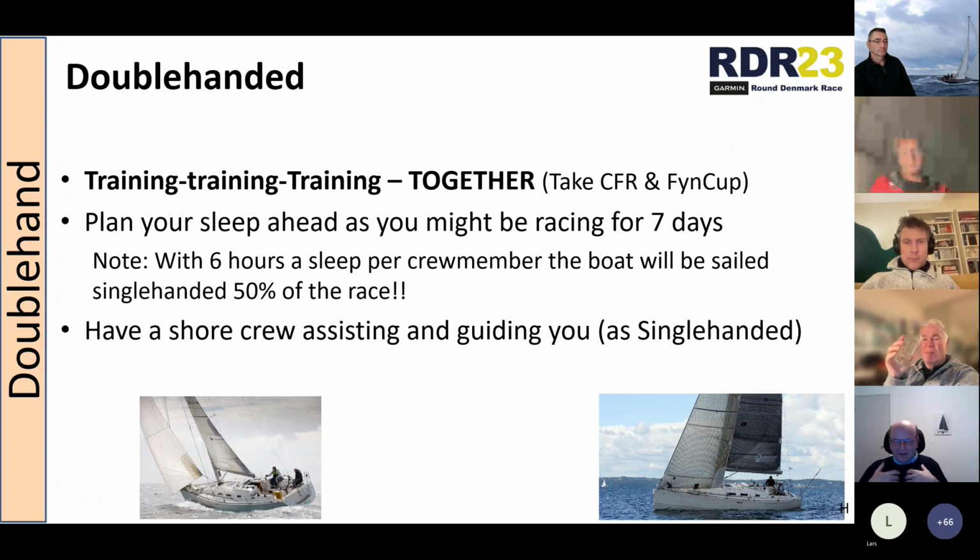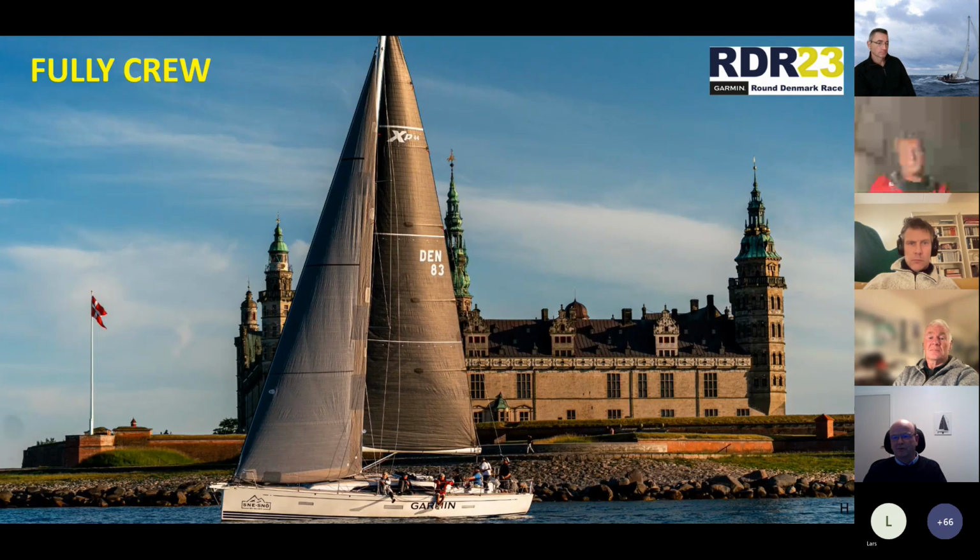And for such a long race, for 7 days, it can be just as critical as for the single-handed sailors to have a good shore crew when doing double-handed. So that was the part for double-handed. Of course, there are similarities between double-handed and single-handed, and there are also parts of the double-handed that reach into the next section, and that's the fully crewed. So the next couple of slides are designated for fully crewed racing, and it's mainly based